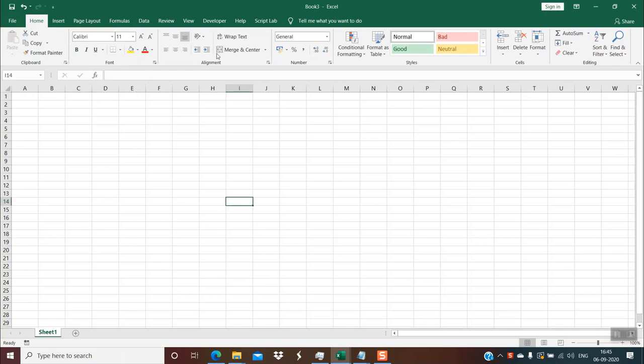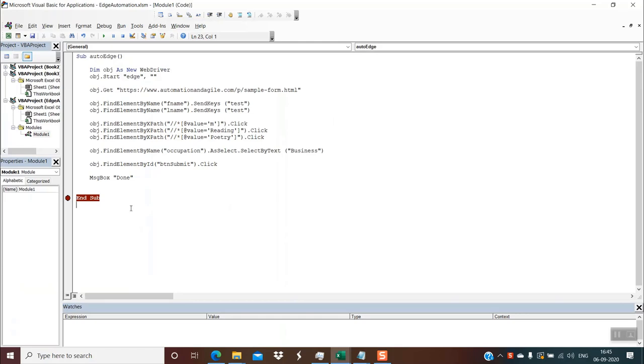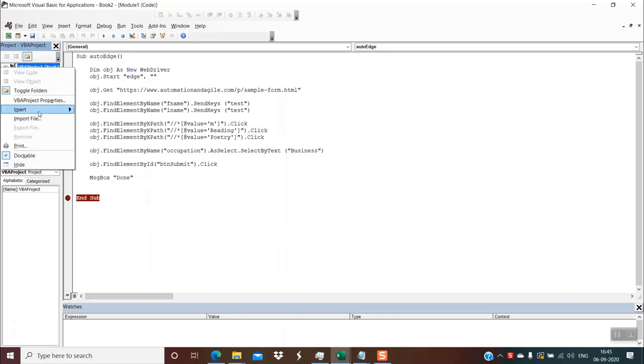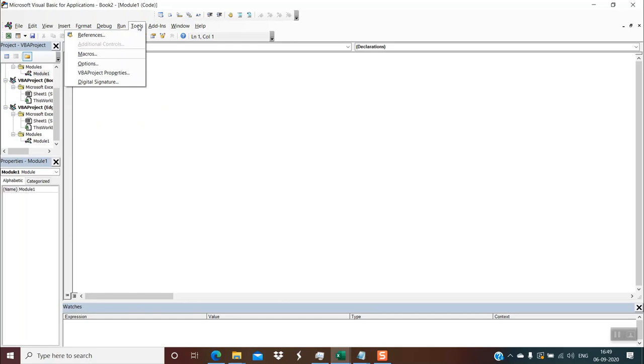On this Excel file, go to the Developer tab, Visual Basic. This is Book2. On this Book2, I'm doing a right click and inserting a module. Now, before writing the code, you have to go to Tools, within Tools, References,